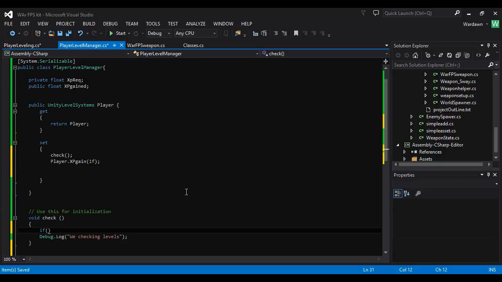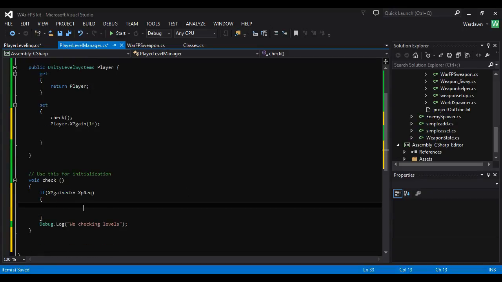Like if XP gain is greater or equal to XP required, then it needs to do something. Okay? And what this will do is simple. It's going to